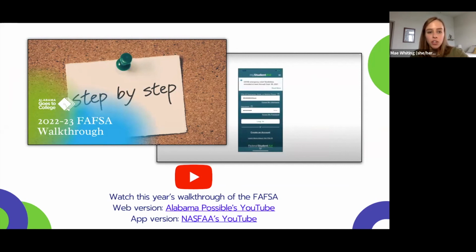Because we've heard from so many of you that your students are actually using the mobile version of the FAFSA, we have also linked a walkthrough of the FAFSA on the My Student Aid app. That could be really helpful if you're getting more students to complete through the app version.